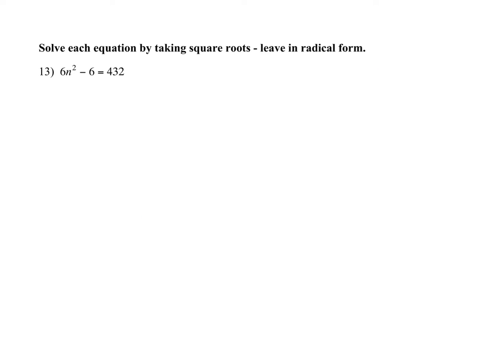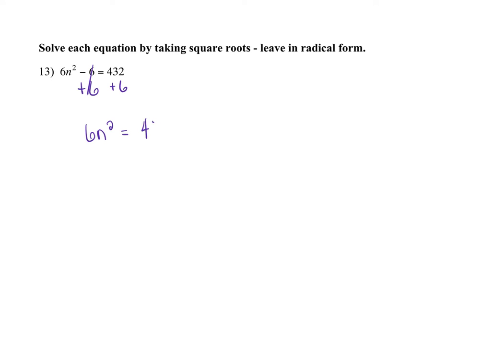All right, when you do not have just an x, when you only have an x squared and numbers, it's easiest to solve by taking the square root. And so I'm just going to get that variable squared all by itself, and then I'm going to take the square root of both sides. So in this case, I am going to add 6 to both sides. I will get 6n squared